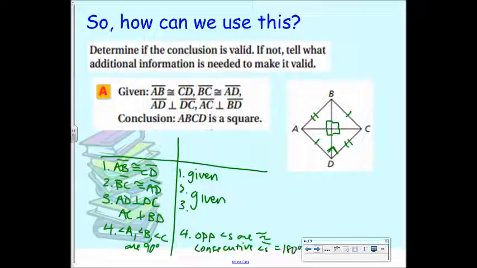Okay, so I just need to prove that these two are congruent. How can I do that? If I know that this is 90, if I know this is 90,